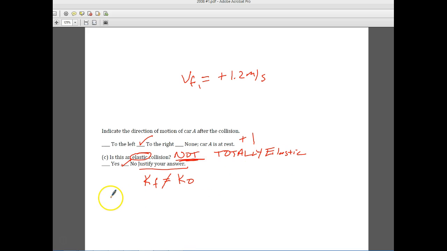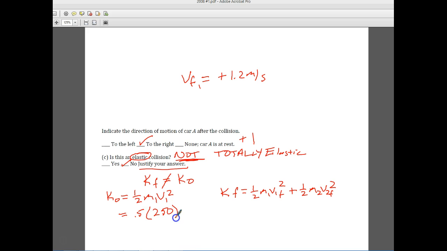So for this one, we need to prove it. We're going to say that the original kinetic energy is equal to 1/2 of the mass of the first car times the velocity of the first car squared. And the final kinetic energy should be equal to 1/2 of the mass of the first car times the velocity of the first car final squared. And we need to add to that 1/2 of the mass of the second car times the velocity of the second car squared. So let's go ahead and plug our numbers in. For this one, we're going to have 1/2 of 250 kilograms times 5 squared. Remember, this is only for the first car because the second car velocity is 0. If you do all this math, we end up with